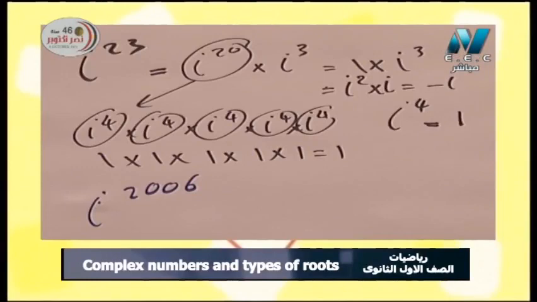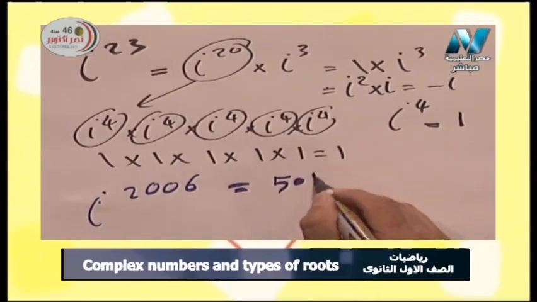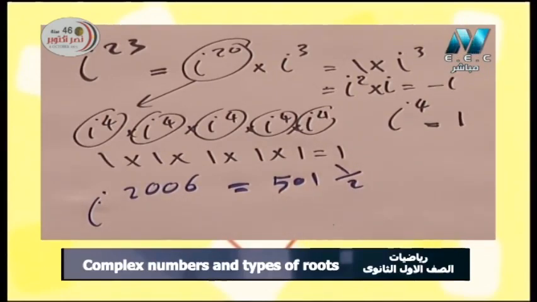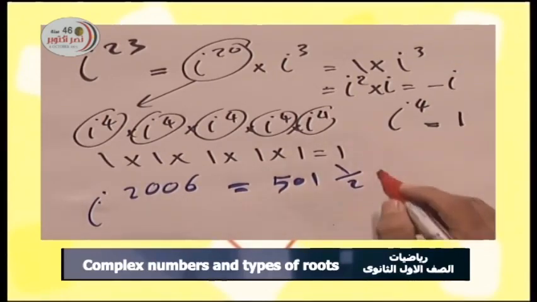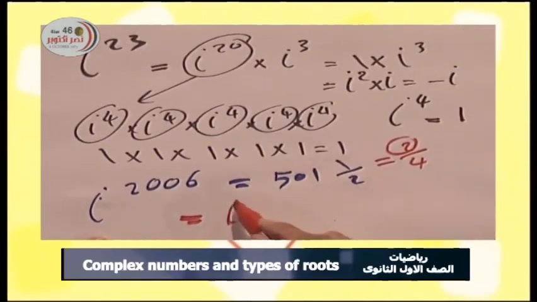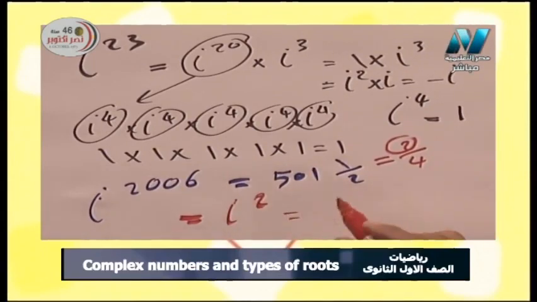This number equals 501 and a half. Half means 2 over 4, so the remainder equals 2. So we can say that all this equals i power 2, which is negative 1. So the answer will be negative 1. Okay,